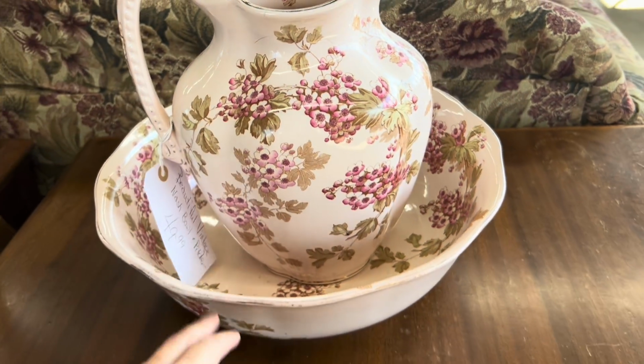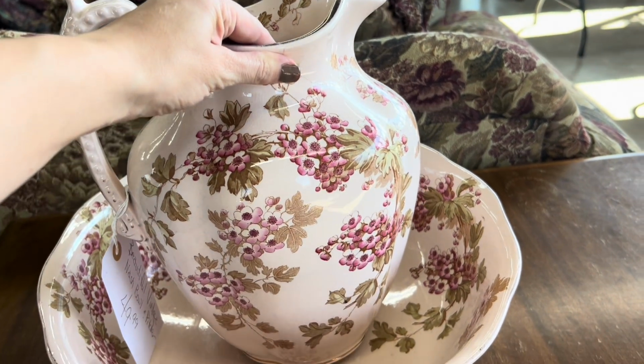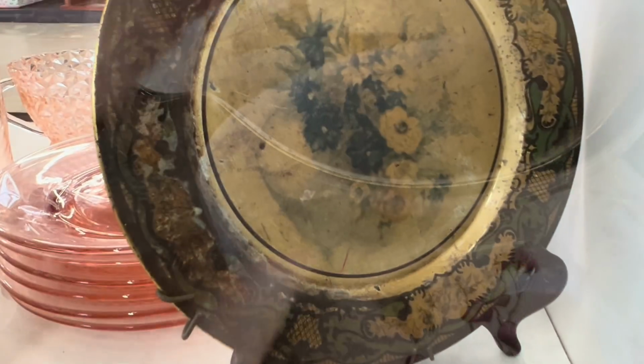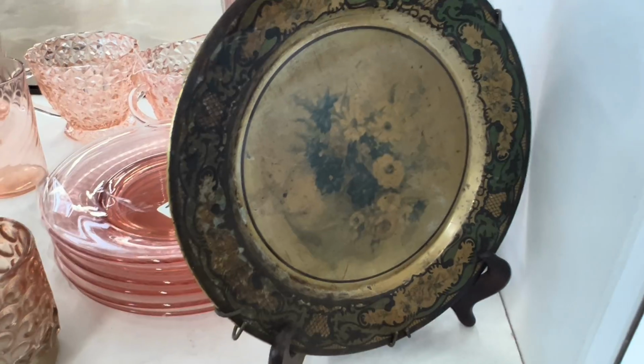The first thing I saw was this huge pitcher and bowl set. It's very pretty. It was very large. The colors were really pretty. It's not really something I'm looking for, so I didn't really have interest in it, and it was $50, and